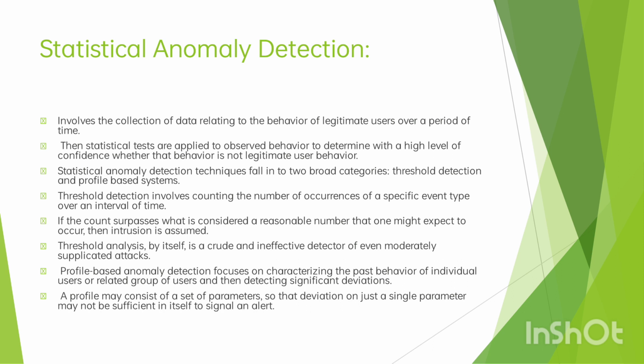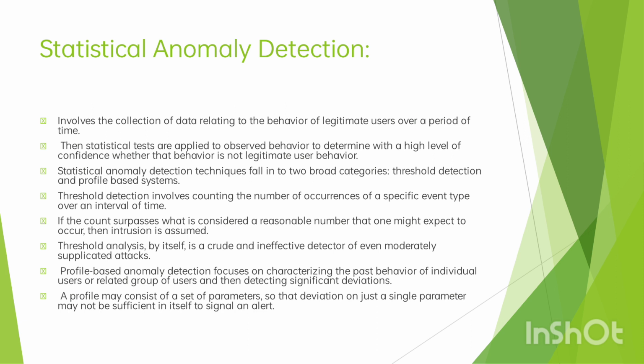Statistical anomaly detection techniques fall into two broad categories: threshold detection and profile-based detection. Threshold detection involves counting the number of occurrences of a specific event type over an interval of time. If the count surpasses what is considered a reasonable number that one might expect to occur, then intrusion is assumed. Threshold analysis by itself is a crude and ineffective detector of even moderately